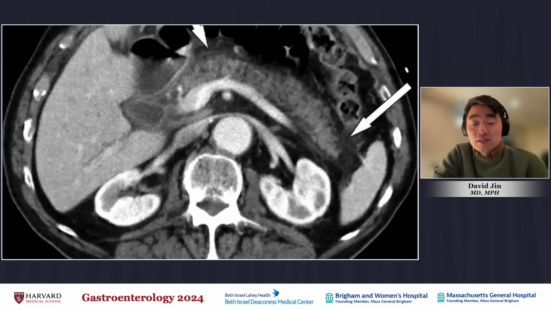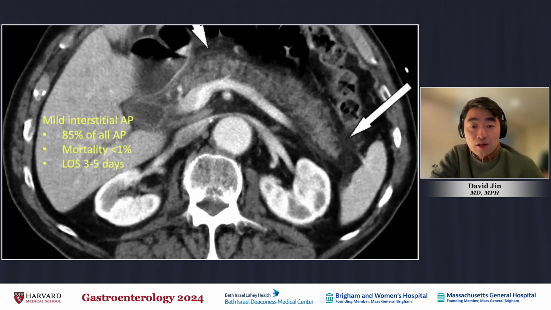So what I want to impress upon you is that most cases of acute pancreatitis look like this. This is a contrast-enhanced CT scan of a patient with mild interstitial pancreatitis. You'll notice the arrows pointing to a pancreas that is relatively well enhancing, but there is a bit of surrounding inflammatory fat stranding. This is interstitial pancreatitis. It accounts for the vast majority, 85% of all cases. Mortality in this phenotype is extremely low, less than 1%, and an average length of stay typically lasts 3